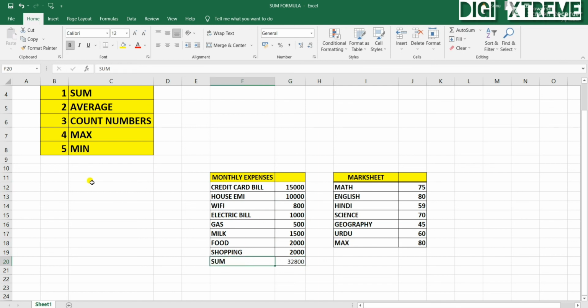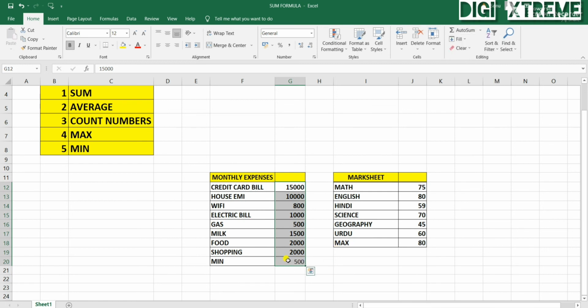Now let's move to the next one, minimum. Minimum is used to find out the minimum value. Like I want to know where I am spending the minimum amount. So what I'll be doing to use this shortcut, I'll select all the expenses together with the help of right click. By right clicking on mouse, you can drag up down. All right, you select the whole data of expenses. Now let's go to the auto sum and click on min.